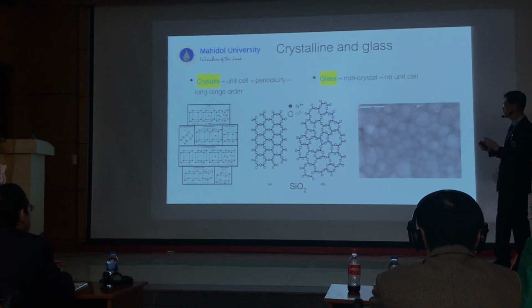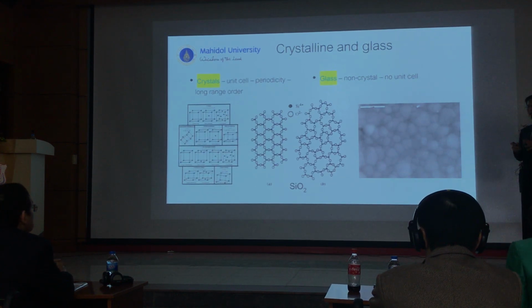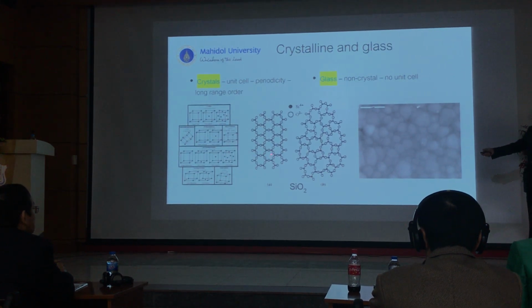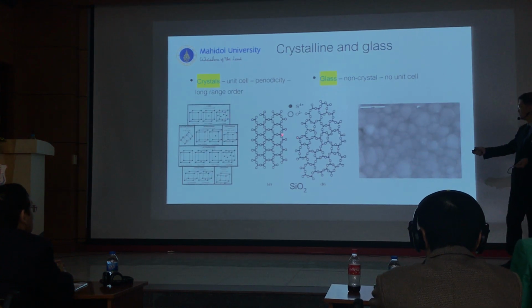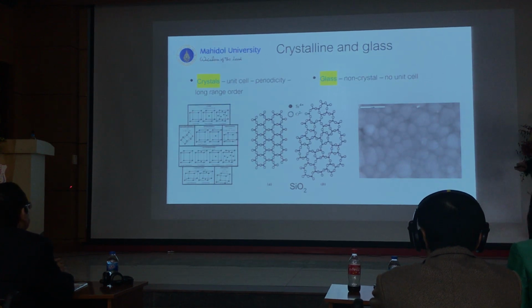But they also always have to be together. For the glass, you have a little bit of crystal in there. But for something like zirconium, you have a lot of crystals packed together. If you look at each grain, you can see a very ordered structure in there. For example, this is silica. Silica on the left side has a structure like this. So if you want to make a window very clear, you cannot have a structure like this, because you're going to see dots in the window glass. You must have the structure like this. That's called glass. Okay?